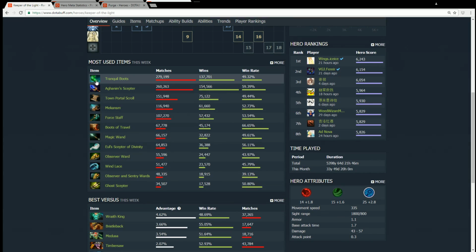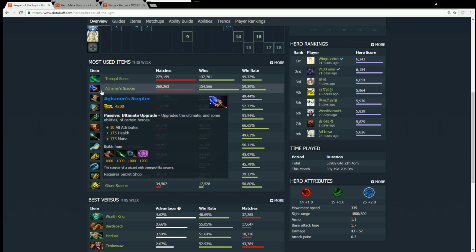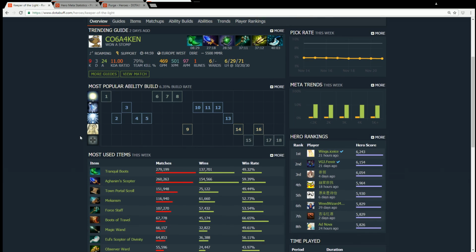So common items: Tranquil Boots, eggs, these are pretty much your core items. Sometimes rather than rushing eggs, you will want to delay it for things like a Force Staff, a Glimmer Cape, or maybe a Mechanism depending on the game. There are some heroes that kind of just counter you so hard. Like I would say a Slark, for example, I'm going to want to build Glimmer Cape first, most likely,